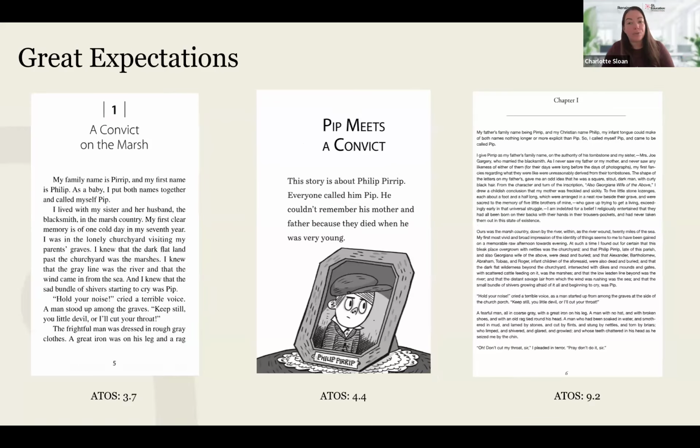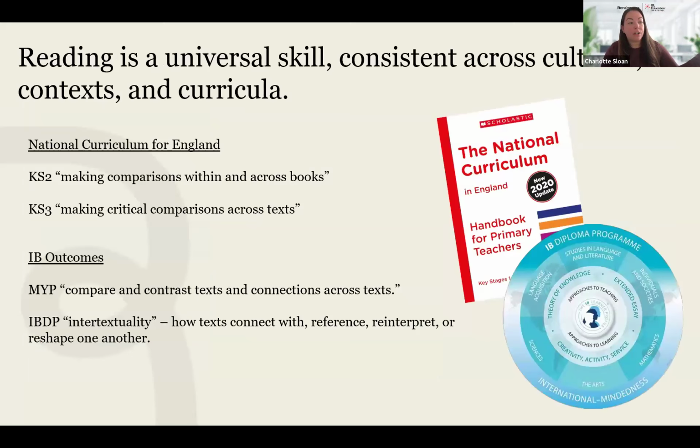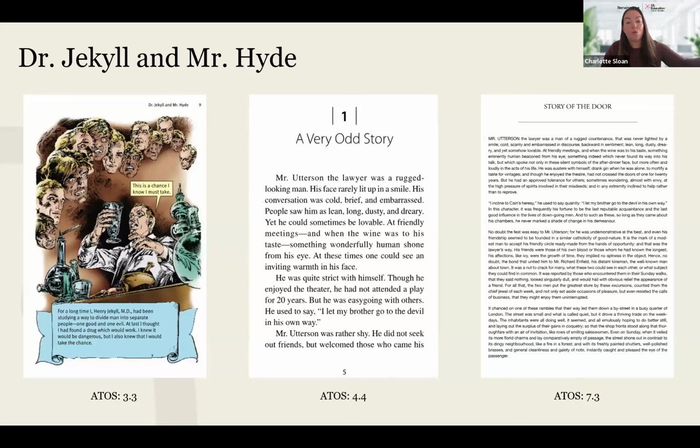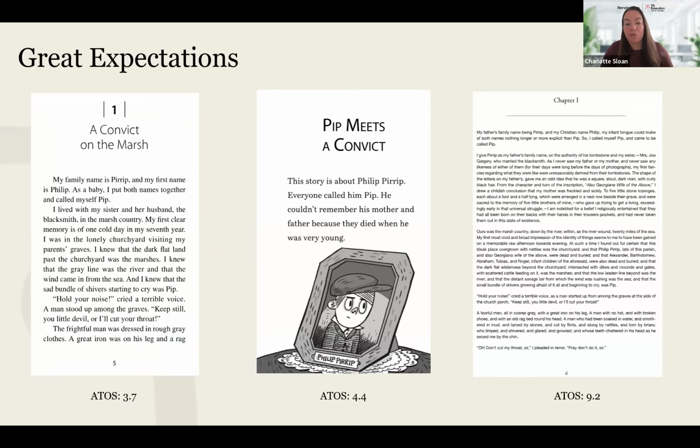And then we've just got more examples for you. We've got Great Expectations here. In this context, the middle range book has more of the images. And also, if we're going back to those outcomes, we're also making critical comparisons across texts. Why aren't the children reading all versions? Or maybe they're not reading all versions because you don't have time for that, but they can read extracts from each version, compare the vocabulary used or the intent of the author,